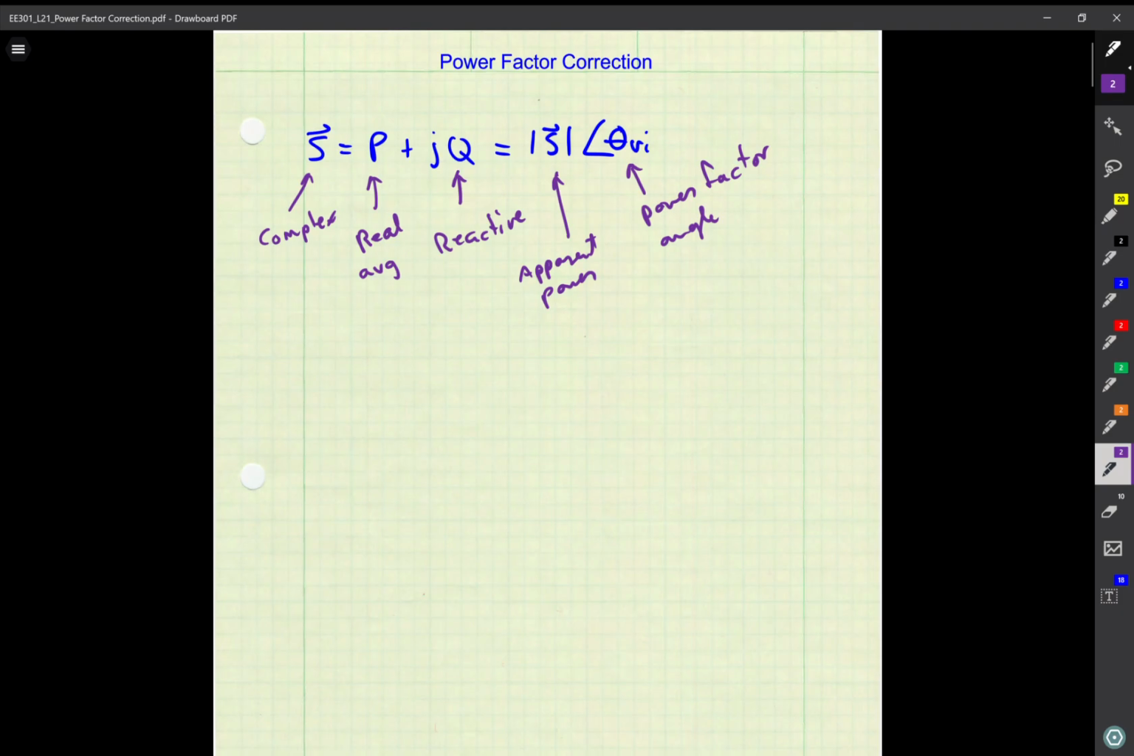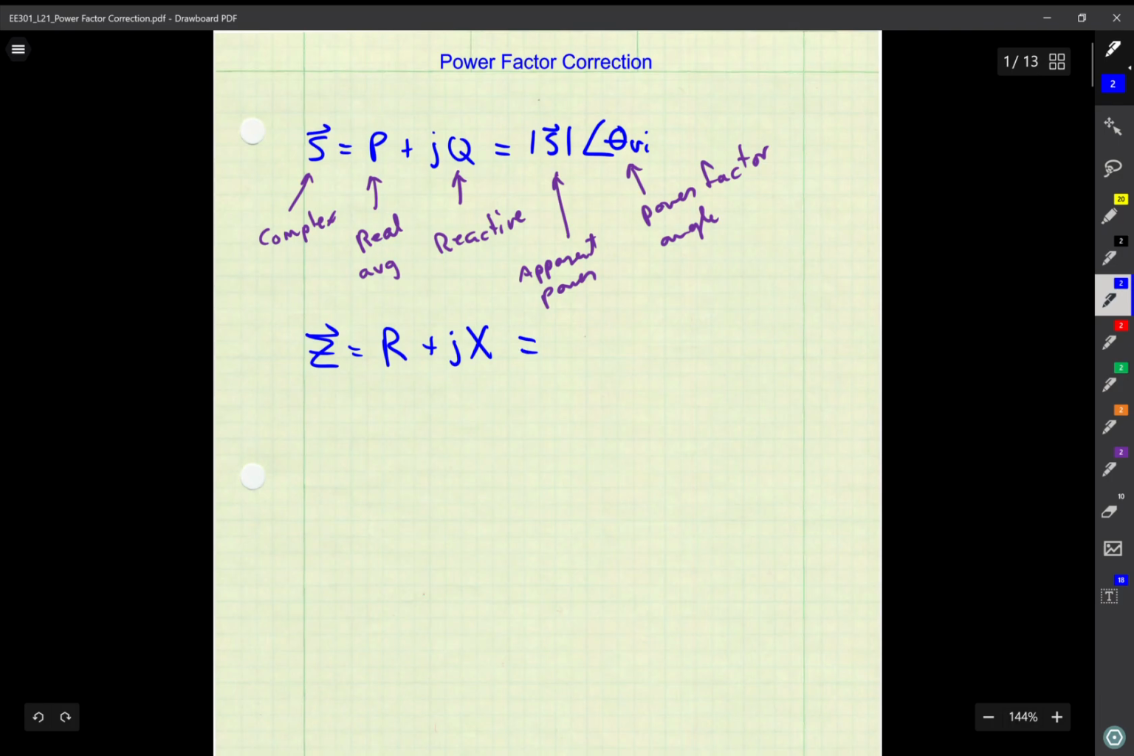Okay. Now, the impedance Z is equal to, in rectangular coordinates, R, which is the real part or the resistive part, plus jX. That's my reactance. In polar notation, I have a magnitude of that impedance vector with an angle of theta VI. Now notice something about that angle. Theta VI here is the same as theta VI there. This is the same angle,